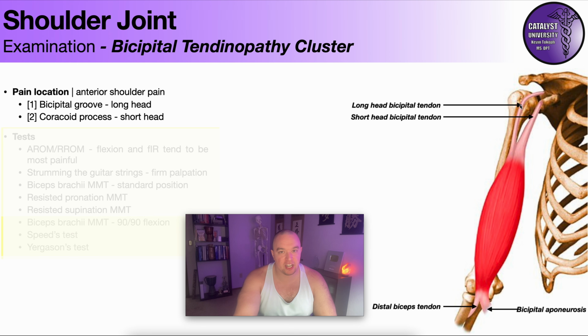There's a long head tendon, which is more lateral, and there's a short head tendon. The long head goes up this bicipital groove or intertubercular groove of the humerus, and then it curves off and attaches on the scapula, specifically the supraglenoid tubercle and a portion of the superior labrum. And then we have the short head tendon, which goes in more medially and attaches on the coracoid process of the scapula. And where you find these tendons anatomically obviously plays a role in how you diagnose which one is